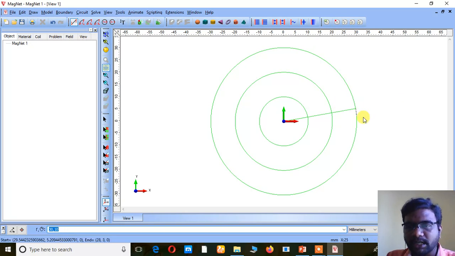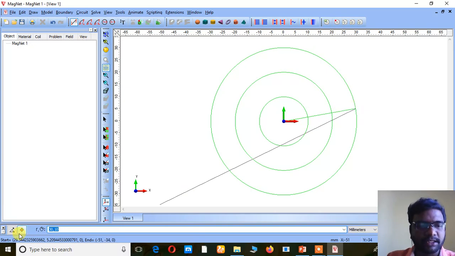So now I want to consider this point as the origin. In order to consider this point as the origin I am just going to change this icon. See, at the bottom of the page I am just having r comma theta. So this r comma theta has to be changed into del r comma theta. So I am going to click this toggle button. So the r comma theta is changed into del r comma theta, right.